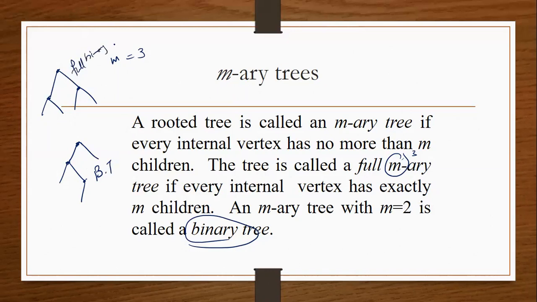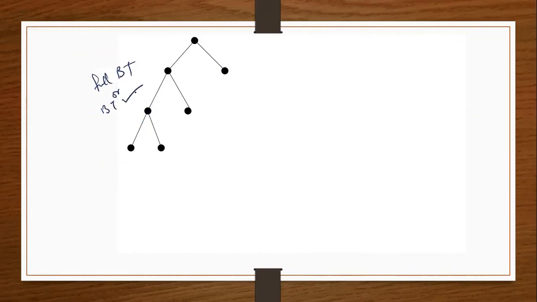So now with respect to this, I will see examples over here. Here we have a node which has 2 children, then this node has 2 children, and then the last node has 2 children. Is it a full binary tree or simply a binary tree? It is simply a binary tree. If we added these nodes also, then it would have been a full binary tree. Okay.